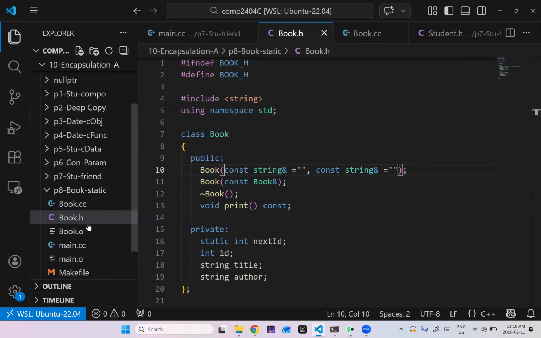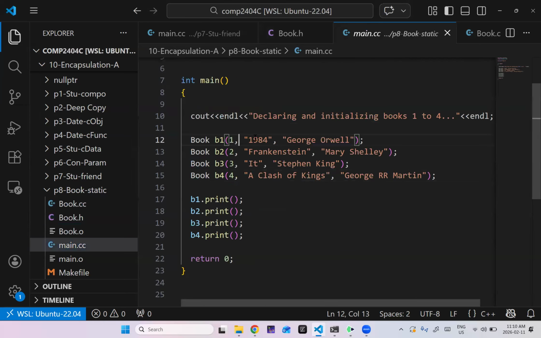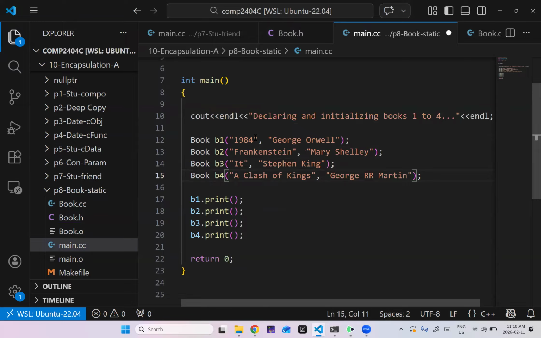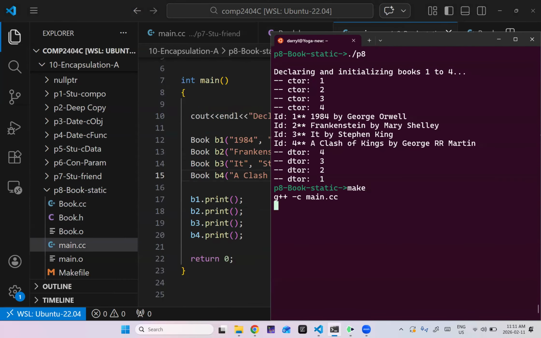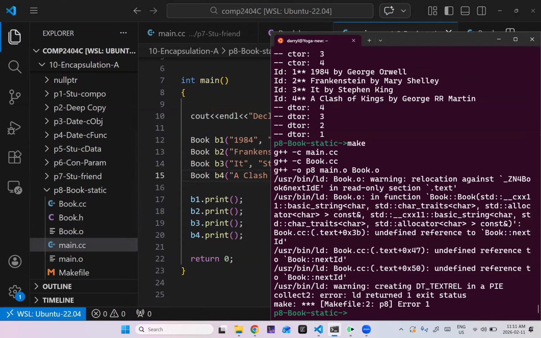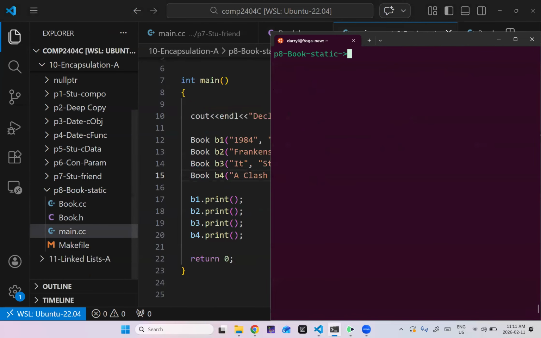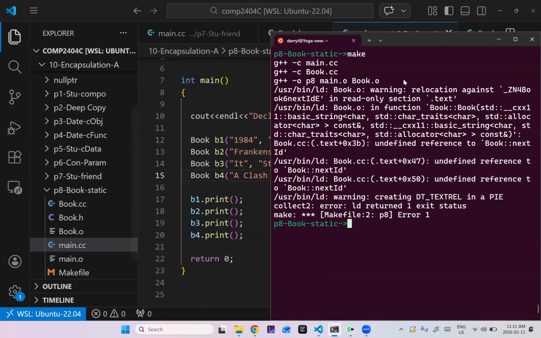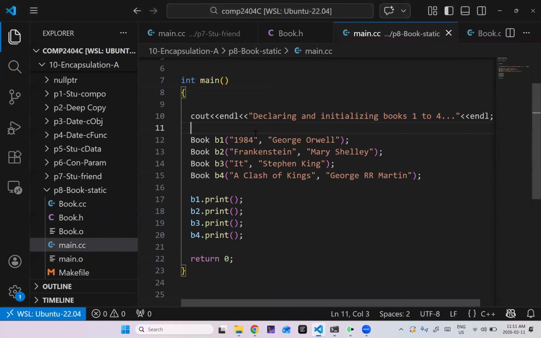And yeah, and then here also, so declaring and initializing books 1 to 4, so this should all work. Well, not quite. All right, so the complaint is, well, let's clean it and make it again. All right, so warning relocation against blah, blah, blah. So this is sort of difficult to parse, but what it's really saying is that